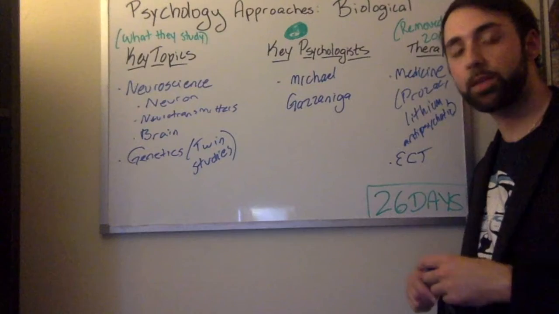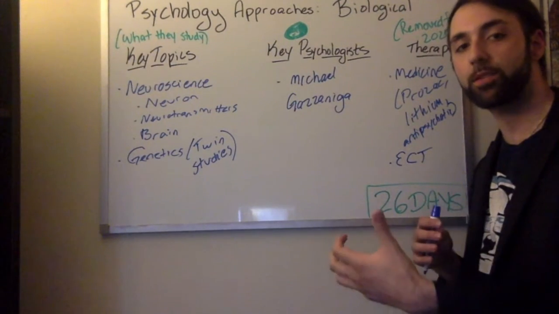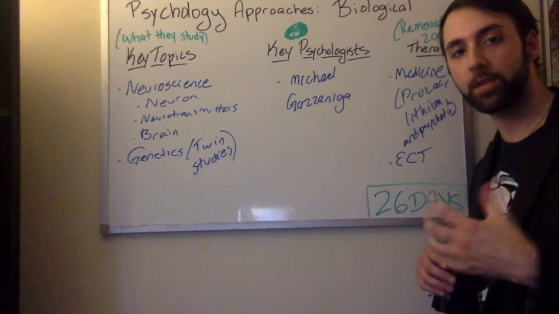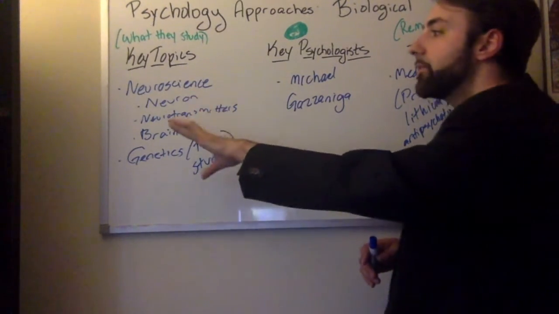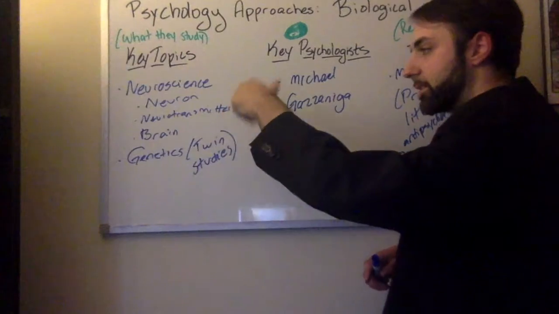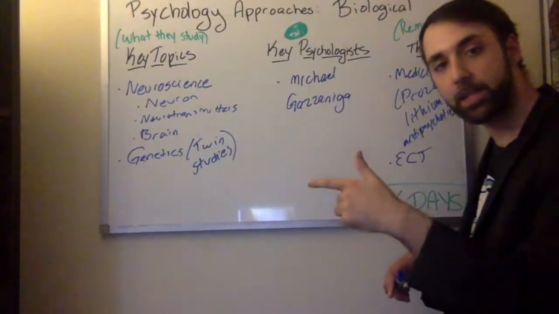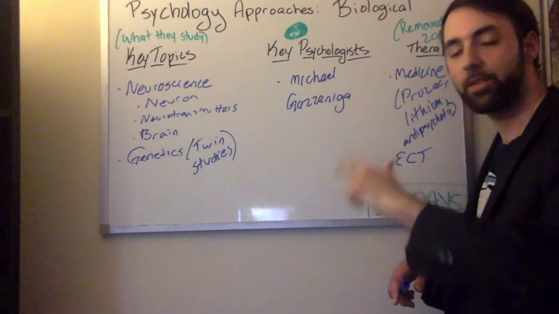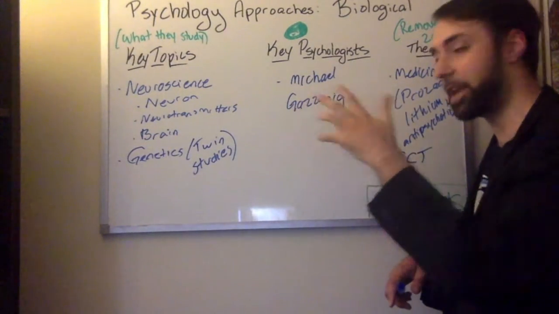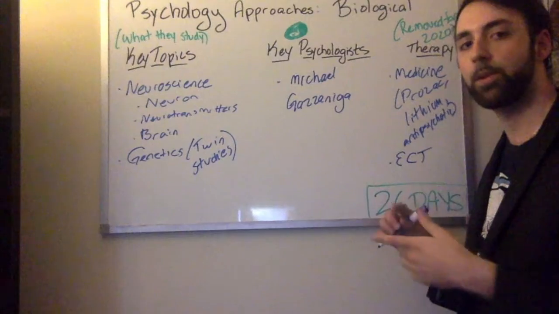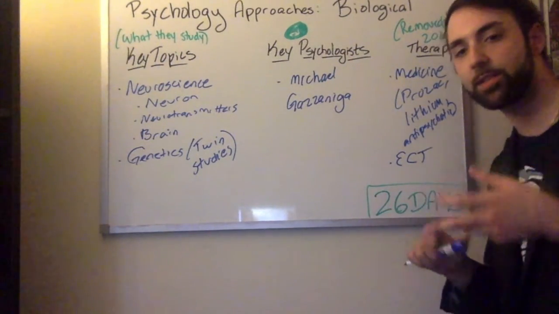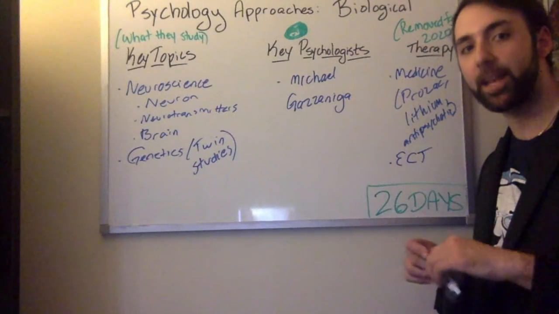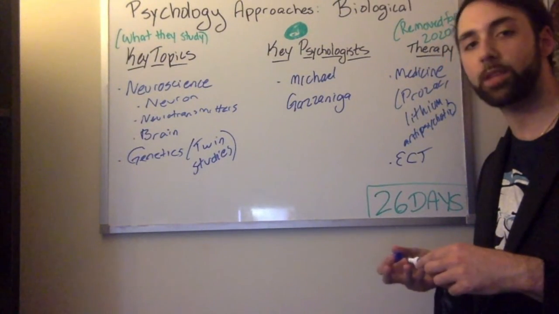So in review, if you were to see a question that asks, how would a biological psychologist view this situation, or what topics might a biological psychologist focus on? The key ones are all under the neuroscience umbrella. Things like the neuron itself, neurotransmitter levels, acetylcholine, dopamine, endorphins, etc. Brain function as a whole. We're talking about the lobes. We're talking about interior regions like the hippocampus for memory, etc. Or just studied the effects of genetics as a whole, particularly focusing on twin studies.